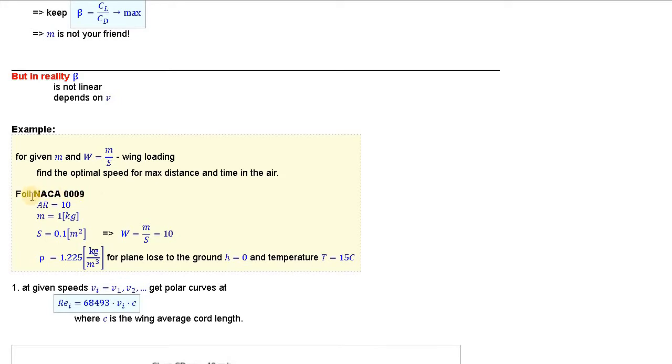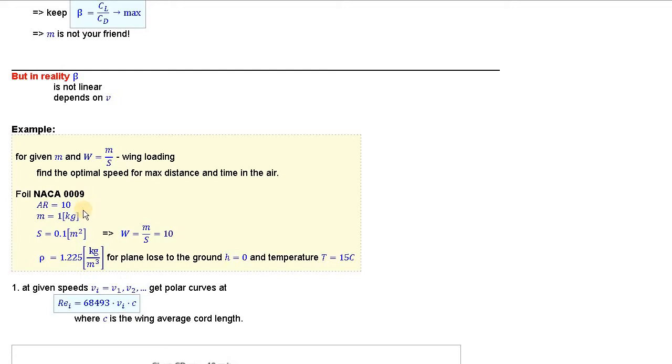So NACA airfoils, we have to remember that those were designed for high Reynolds number, and for low Reynolds number they are not good, actually pretty terrible. I'm interested in this example for the low Reynolds number, but I will use NACA just to see how bad it is. So we have a NACA airfoil, and then the aspect ratio is given, so the wing has